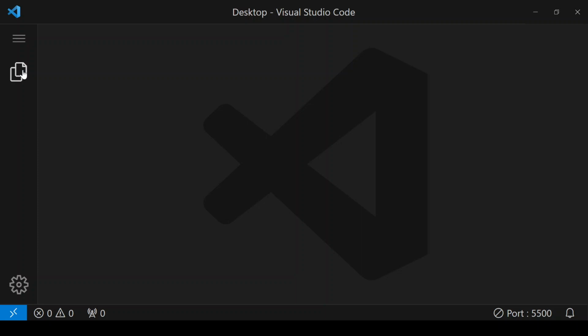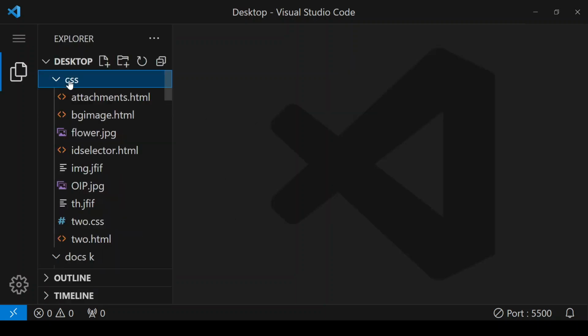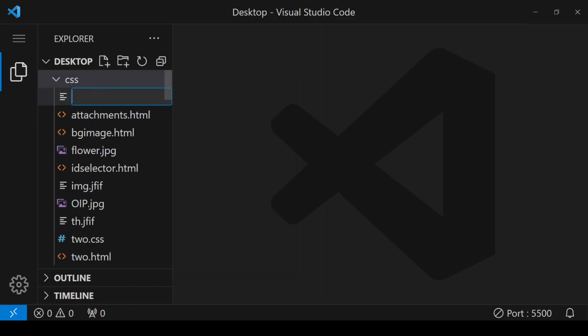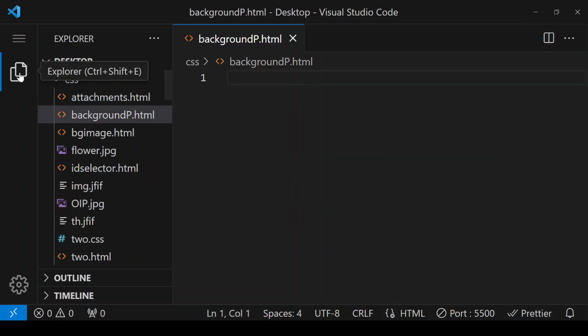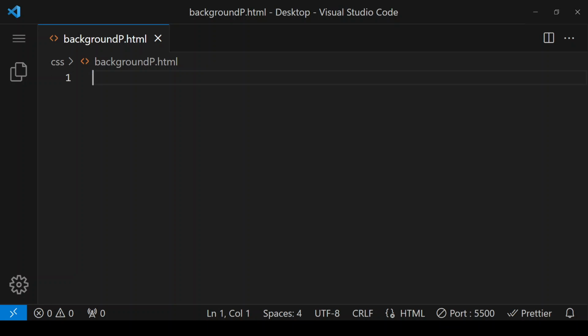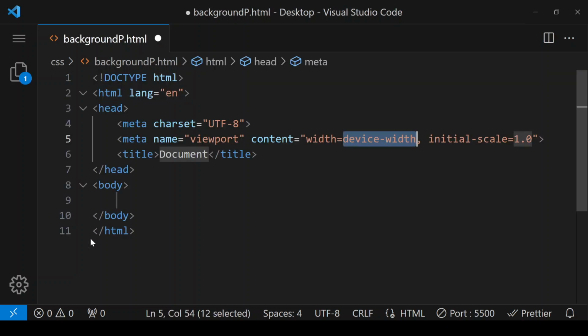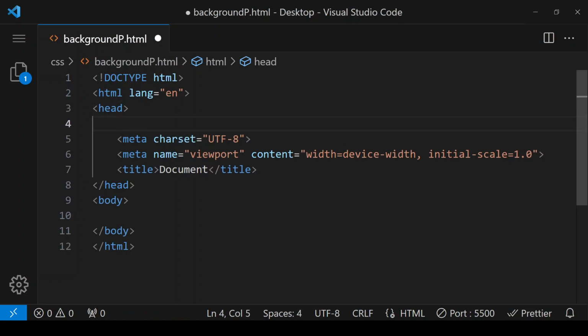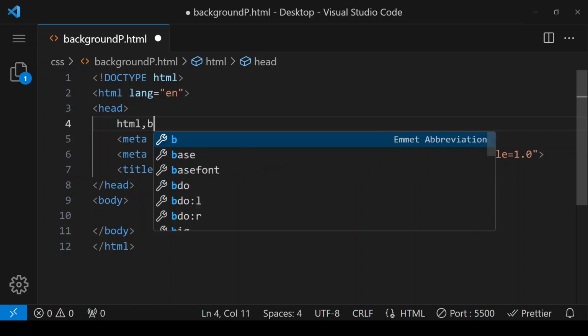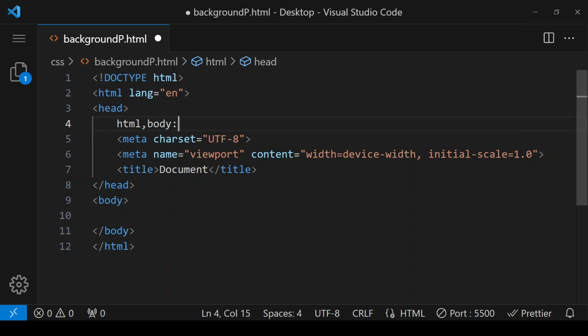Next, in CSS, we are going to study the background position property. For that, we are creating one .html file in my CSS folder, and this is my basic HTML code. Here in the head section, I'm setting the height of my document's body. So html, body, I'm setting height to,